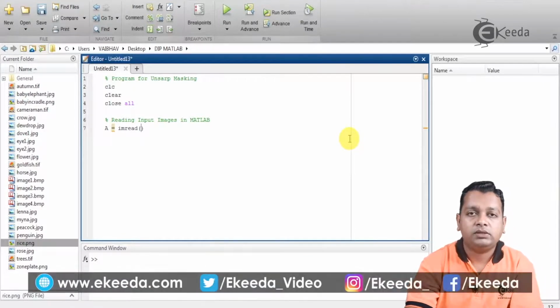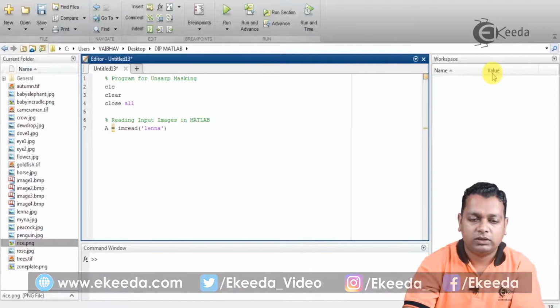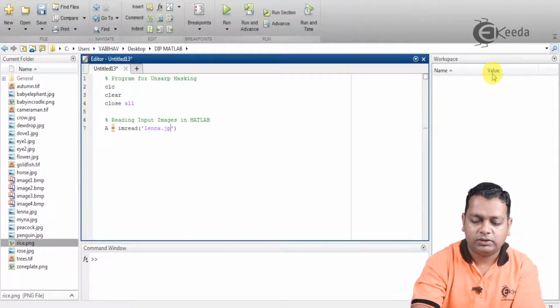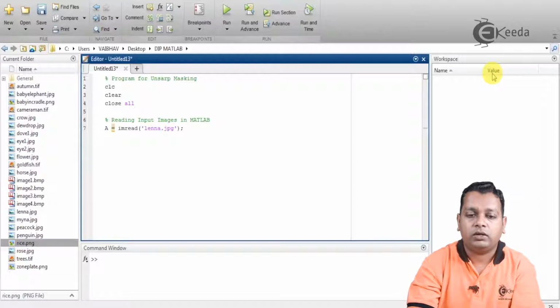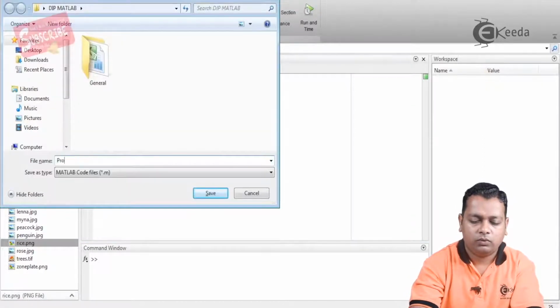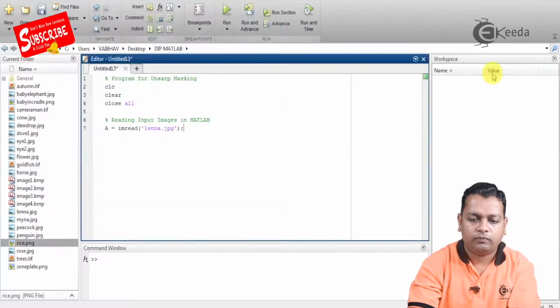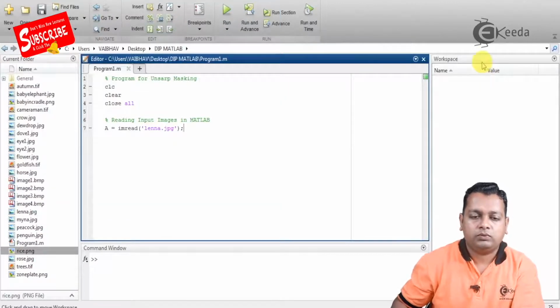Here I mention the name of the image. The popular image in the MATLAB environment for image processing, lena.jpg, we have assigned to the variable A. With this much we save our program with the name program1. Yes, here it is, program1 in the current folder.